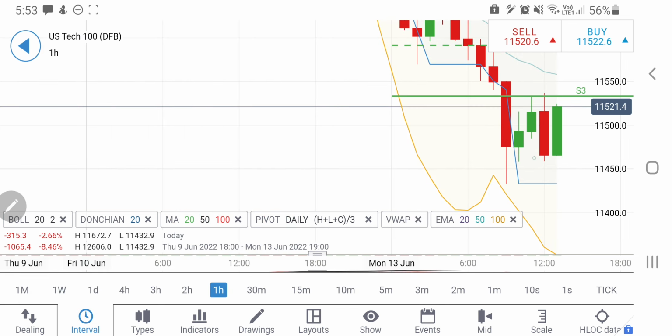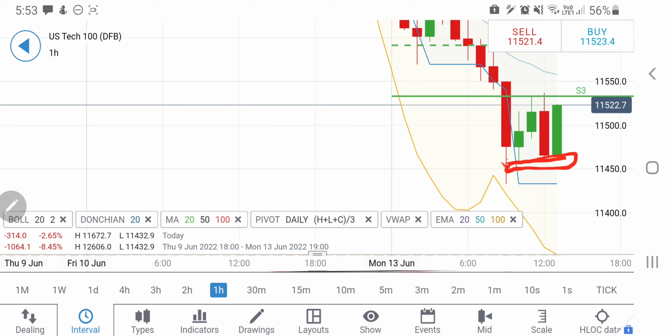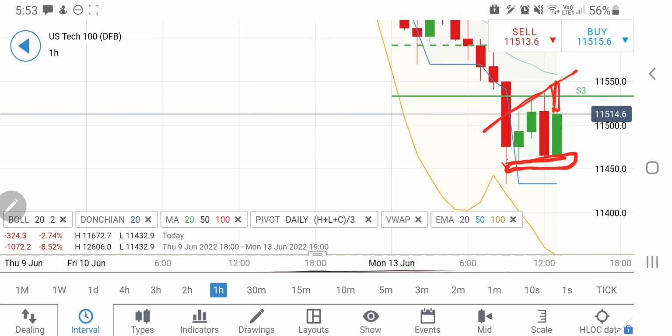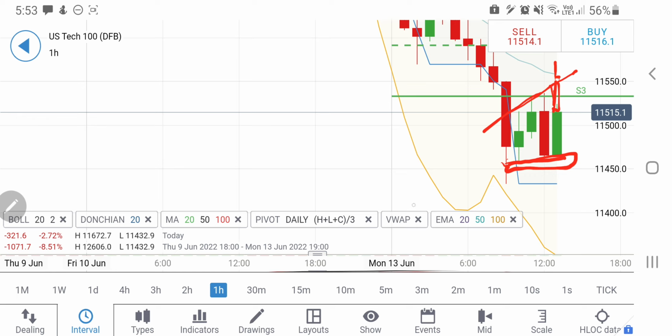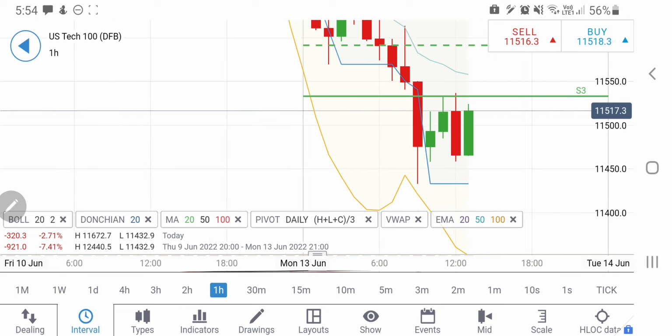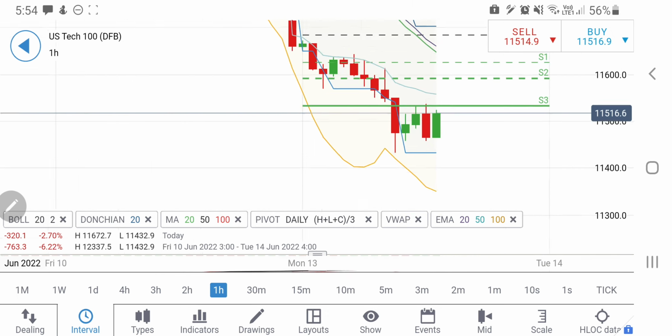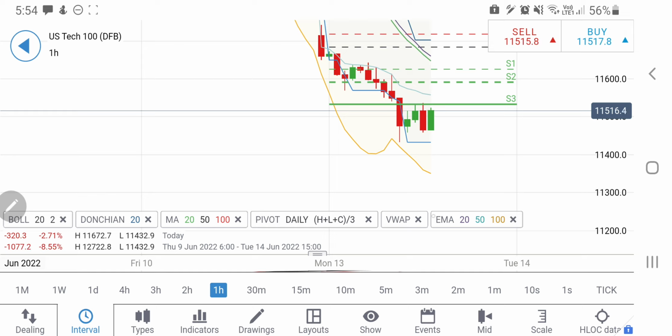Now this is the hourly chart for Nasdaq 100, and on the hourly chart you can find 11,450 levels providing it a certain support. At the same time it is trying to achieve 11,550, which can be the first target, and if it continues to trade above 11,550, we can expect it to rise towards 11,600 levels, and plus levels also can be seen, but confirmation of a reversal is only once it trades well beyond 11,800. But be watchful of this zone. At least you can achieve a little reversal trade, a minor rise till here.